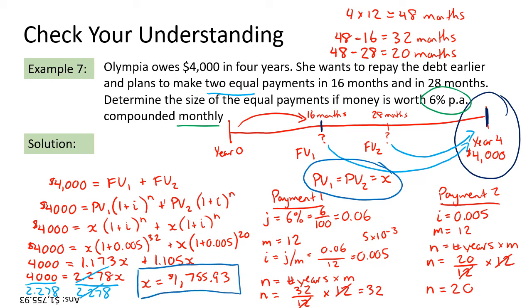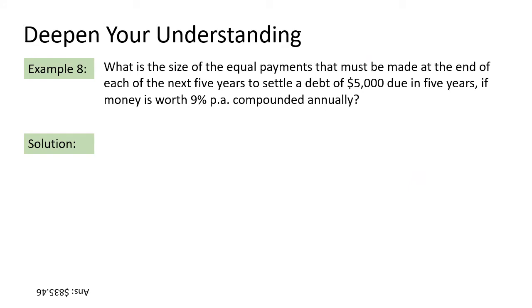So that means that Olympia can pay $1,755.93, 16 months and 28 months from now. And because, remember, of the time value of money, that pays off her $4,000 loan. So she's saving money by paying it off earlier. And again, the reason she's doing that is because she's not having to pay as much interest on all of that money because she's paid it in advance. Okay,